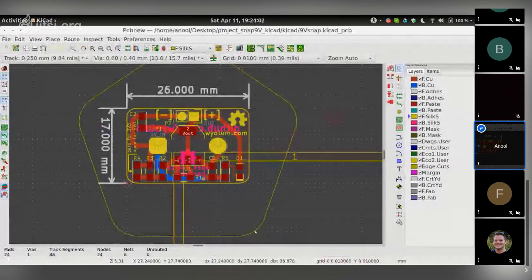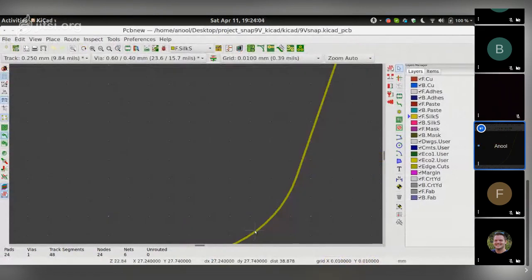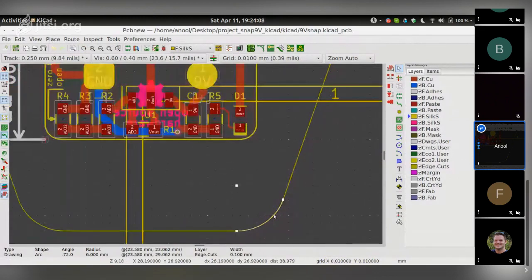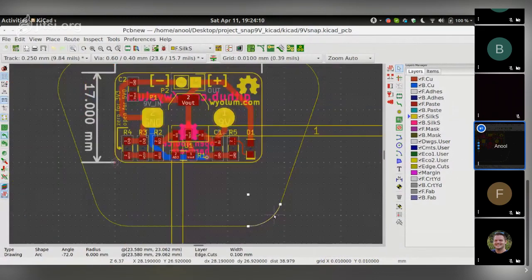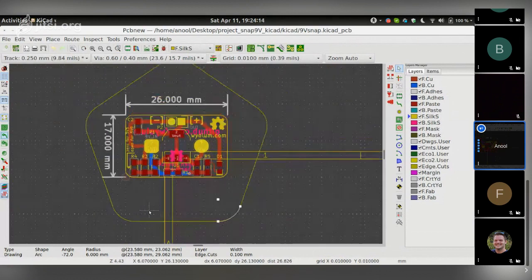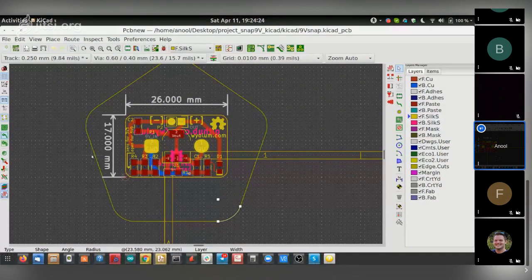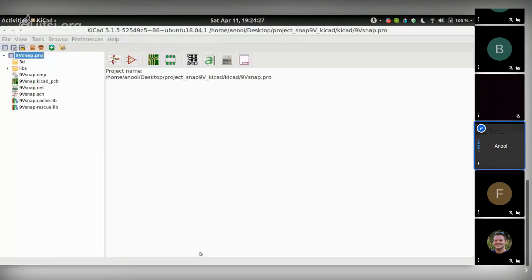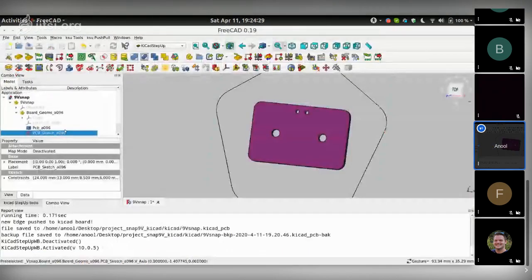You can get outlines and edges, which are true arcs and segments lined instead of segmented arcs. That can help you with neater and cleaner edge cuts. Let's say you want to add mount holes over here. So we can go back to close this, go back to our FreeCAD, go back to our sketch, and